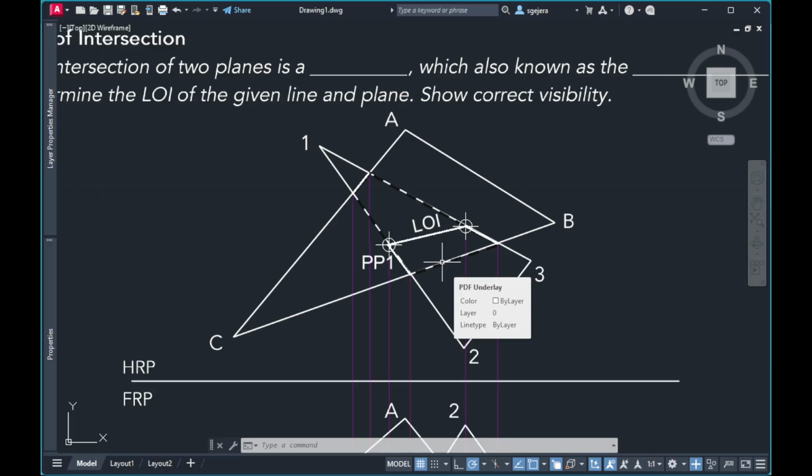Kunwari ganyan, right off the bat, alam nyo agad, hindi nagme-make sense, di ba? Paano mangyayari na kita to, pero kita din to at the same time? Di ba? So, parang yung brains nyo automatically flags this as an incorrect answer